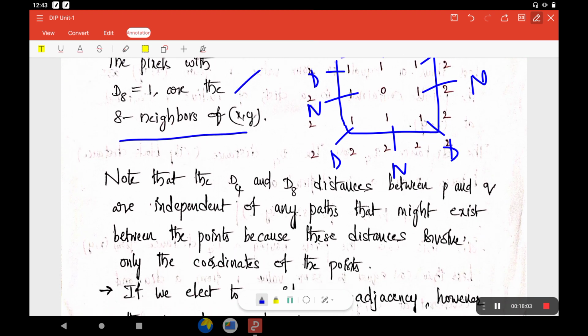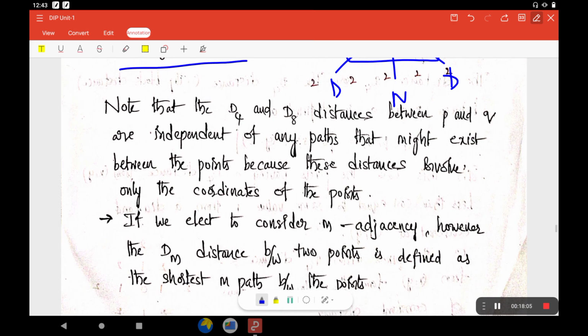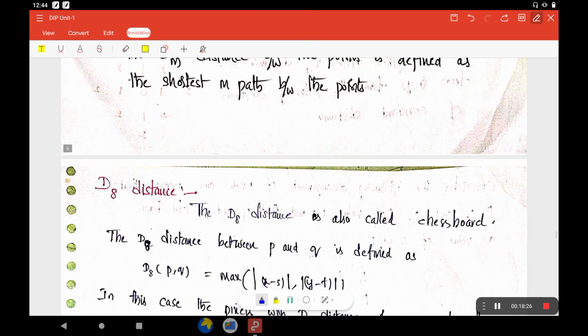So note that the D4 and D8 distance between P and Q is independent of any path that might exist between them, because these distances involve only the coordinates of the points. That means D4 and D8 distances are independent of the path. So we don't consider the corresponding path, just the coordinates of the points only. Okay. If you want to select the M adjacency, the DM distance between the 2 points,